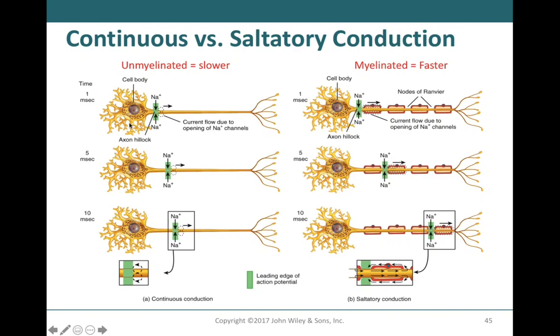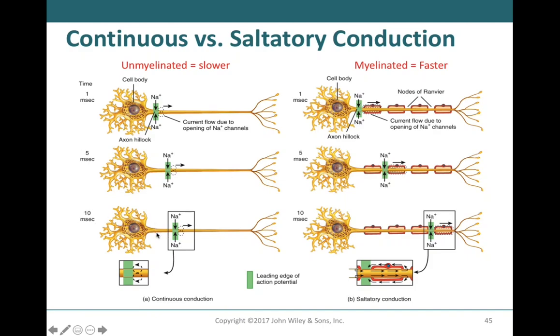So you can see we have three different versions of this neuron. One's at 1 millisecond, one's at 5 milliseconds, and one is at 10 milliseconds. And the same times are shown for each of these. But you can see with the first millisecond that each of these signals are going to be starting in the axon hillock. And as time progresses to 5 milliseconds, these action potentials are going to go further and further down the axon. And you can see that still at 5 milliseconds they're fairly the same, but at 10 milliseconds this